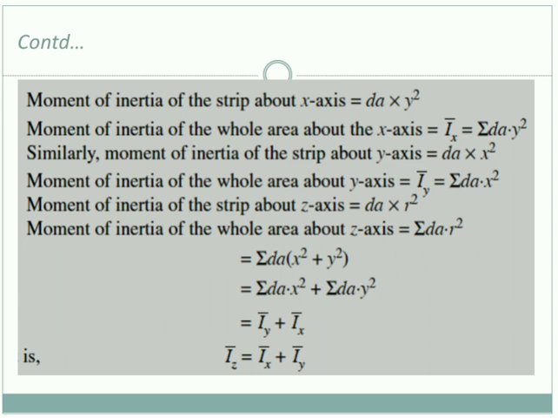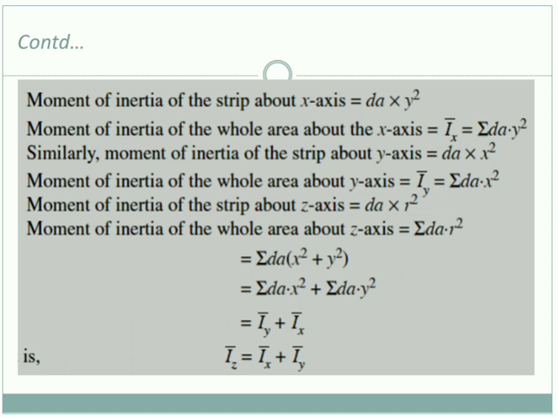See, your concepts are very easy, because once we are taking only one element, it is dA. When we are taking the entire area, it becomes summation dA into y square. Now similarly, the moment of inertia of that element about the y axis is nothing but dA into what is the perpendicular distance with respect to the y axis? X. Therefore x square. So Iy is nothing but dA into x square for the element. Now if we take the entire figure, what will we get? Iy is equal to summation of dA into x square. So dA becomes summation dA when we take the entire figure.